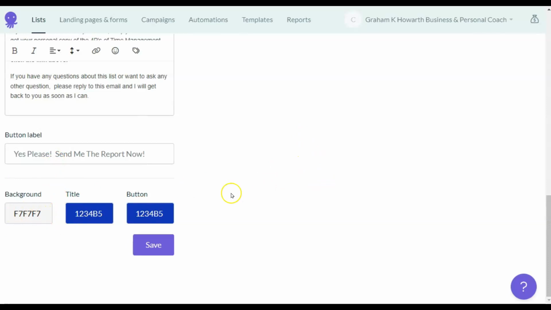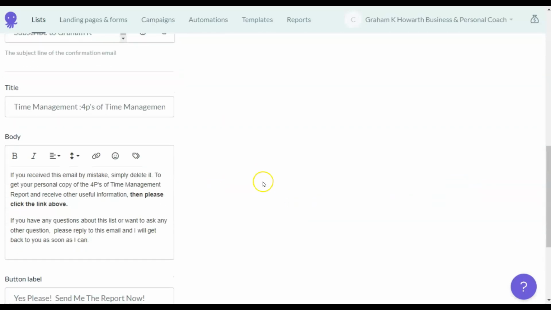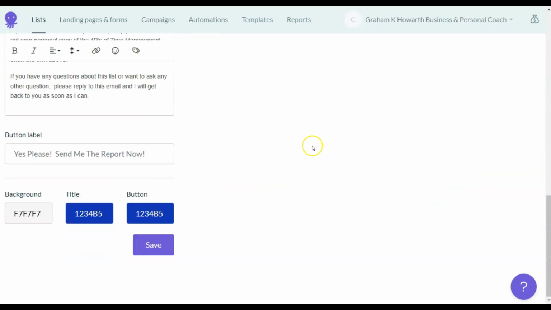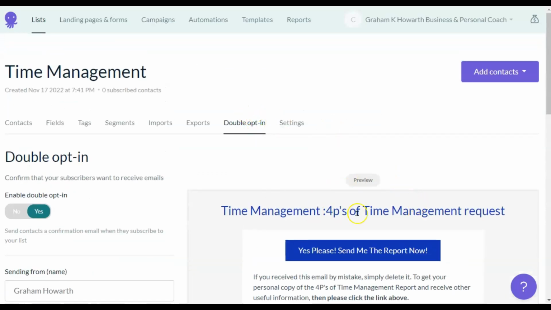But you can change the colour of the background here. I've put a pale grey colour, which fits with the rest of my website. When you've made the changes you want there, you just click on save, and that will save the double opt-in email that they'll receive.